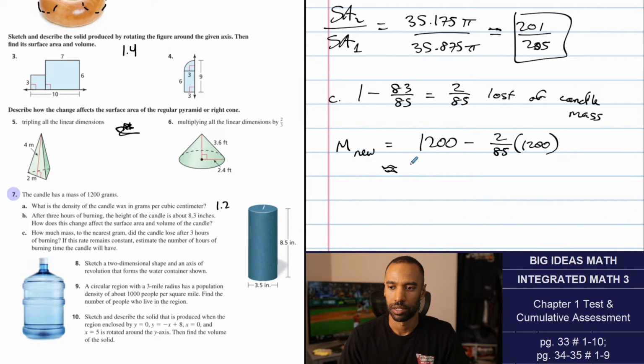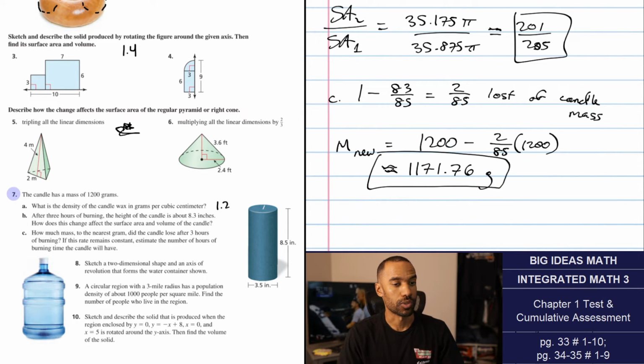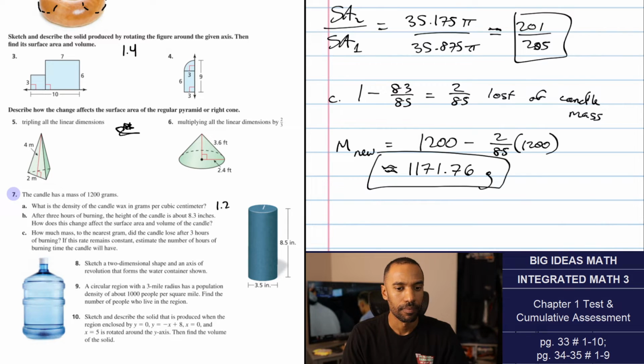1171, approximately 1171.76 grams. Oh, it asked how much was lost, didn't it? Hold on. How much mass did it lose? So let's not do the subtraction. Let's just do the straight up